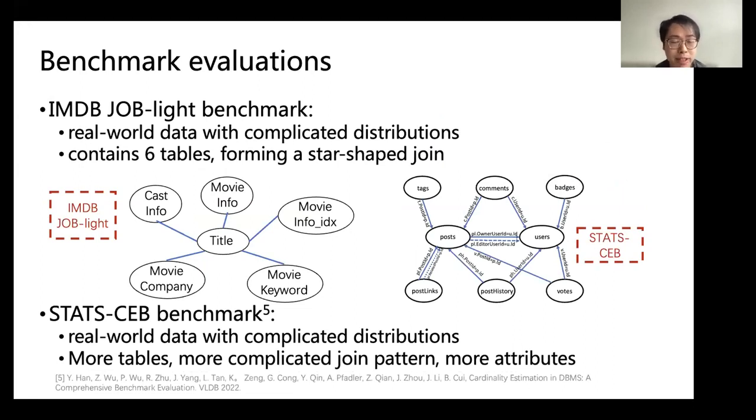We have two evaluation benchmarks here. First is the IMDb Job Light benchmark, which contains real-world data with complicated distributions. The schema contains 6 tables. They form a star-shaped join. And we also built a new benchmark in our recent BLDB benchmark paper called StatCEB. This benchmark also uses real-world data grabbed from the Stack Overflow website, also with very complicated distributions. As we can see, the join schema is more complicated than the IMDb Job Light, and also we have more